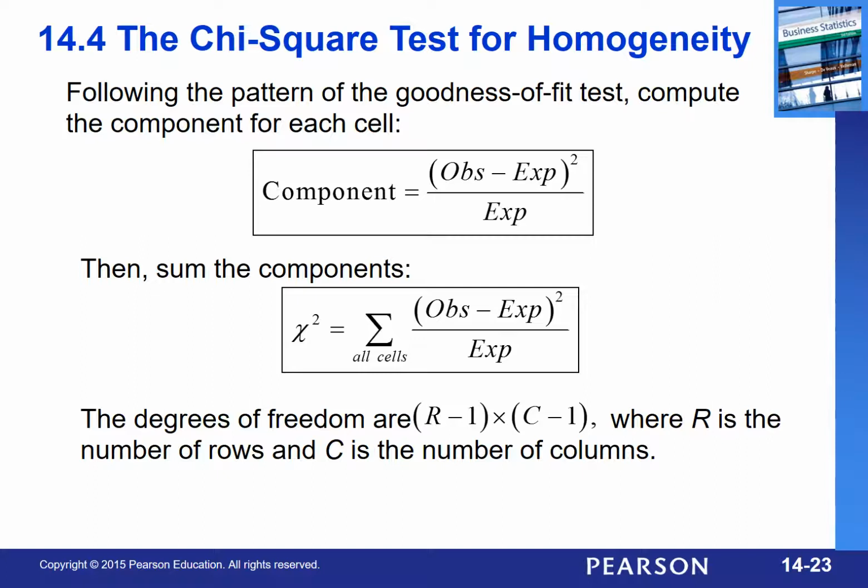All right, so we're going to figure out all our components by doing the expecteds subtracted from the originals, squaring them, and then adding them all up. Now, one of the weirder things about the chi-square test for homogeneity is that its degrees of freedom is calculated differently from the previous. So I'm hoping you notice down here that the degrees of freedom for the homogeneity,